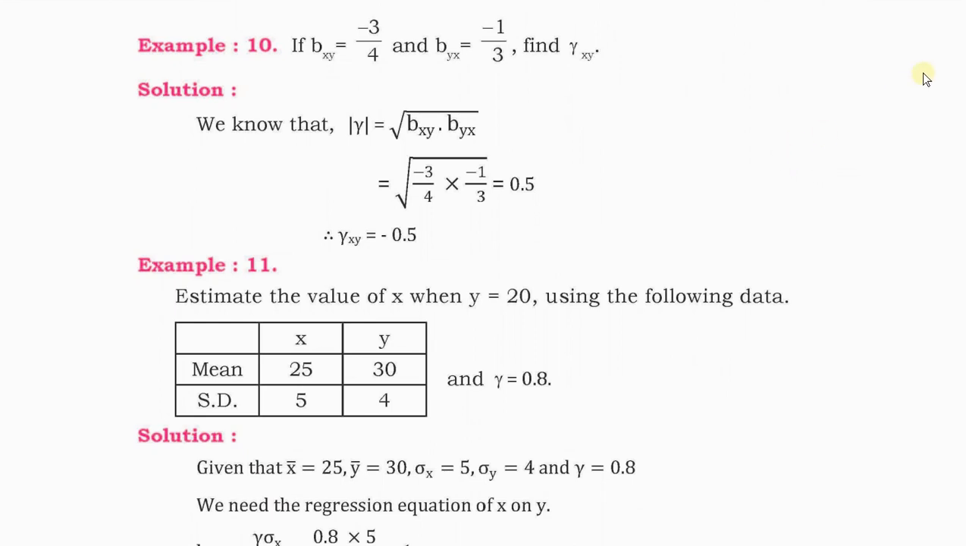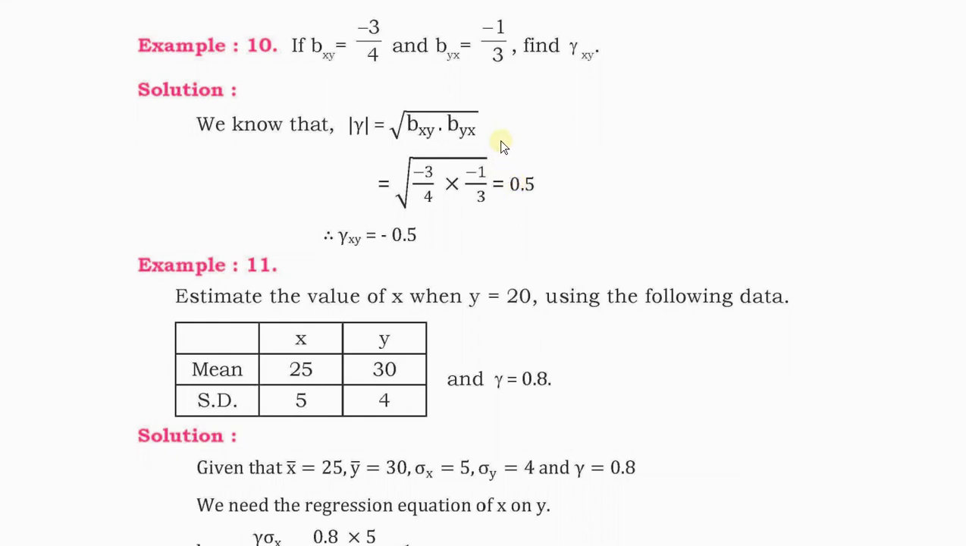If two regression coefficients are given as bxy equal to minus 0.4 and byx equal to minus 1/3, then we need to find the correlation coefficient here. So the correlation coefficient is equal to the root of bxy into byx, that is minus 0.34 into minus 1.3, that is 0.5. Now